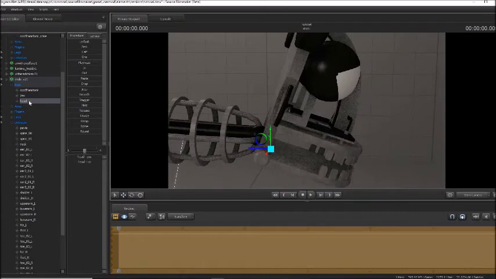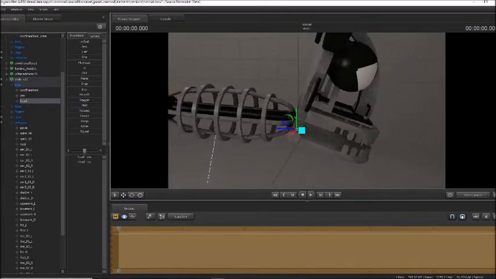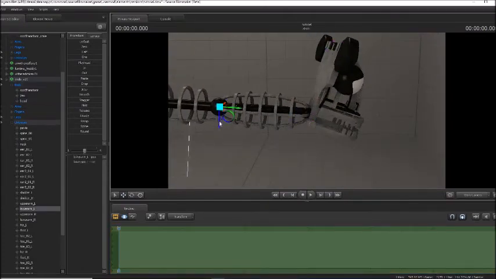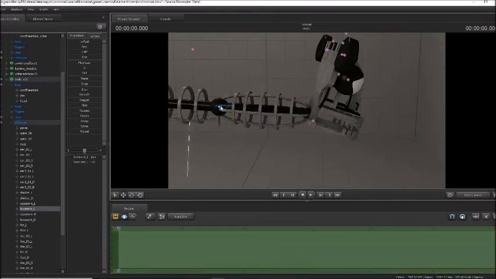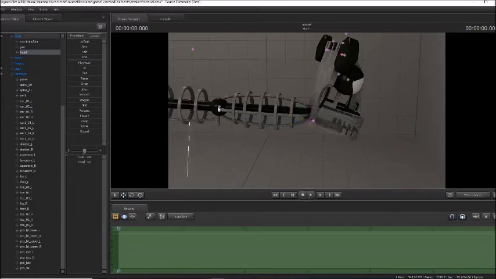Okay, now you're going to select the head. To make sure that the head is attached to this lower arm here, you really need to select the lower arm. I'm going to show you what happens if you select the head and not the base. If you select the head and you move it to the lower arm,